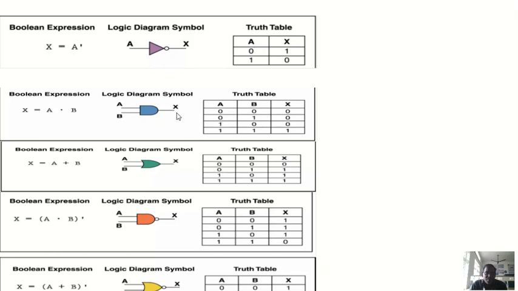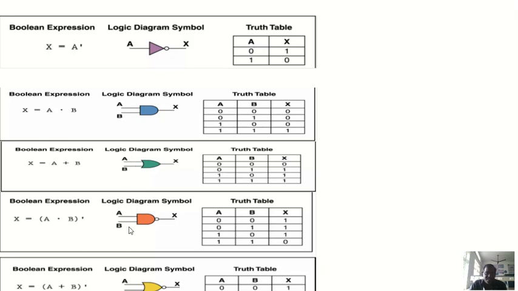That is the reset. Okay, like that we are going for the OR gate. In the OR gate, the Boolean expression is x equals a plus b. If any one of the inputs is equal to 1, the output is 1. So the truth table is 0, 1, 1, 1, and 0, 0, 0 for both inputs 0. Just like Boolean addition, logical addition.